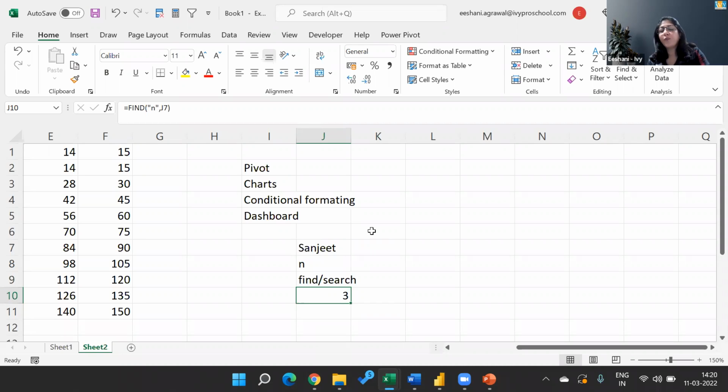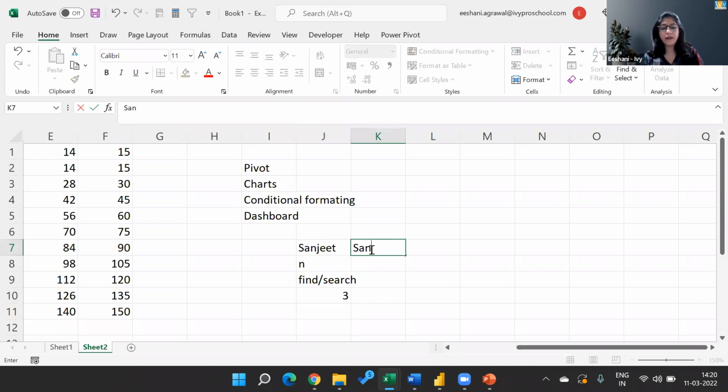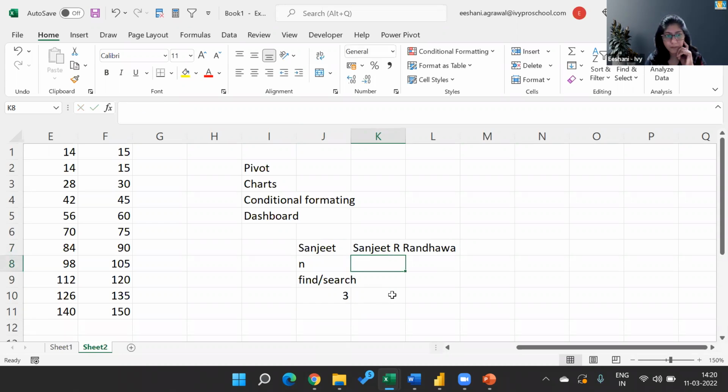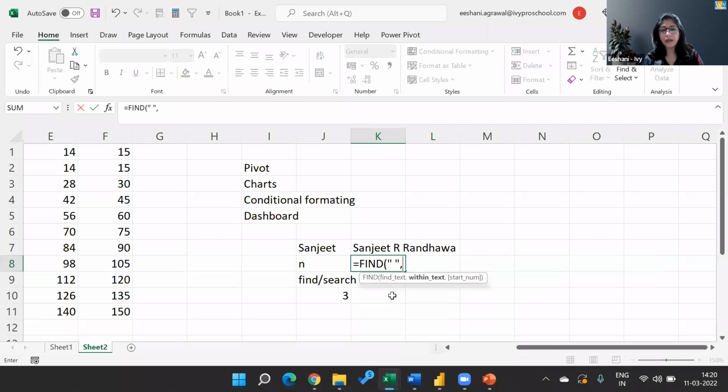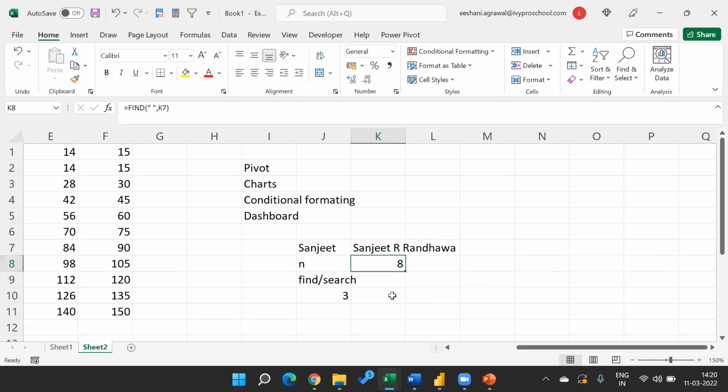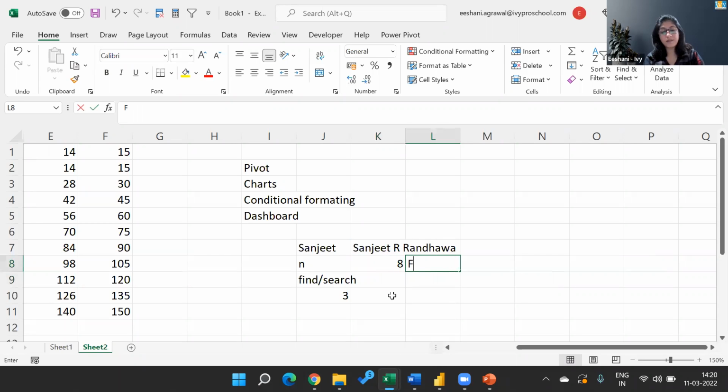Now, where does start number become important? For example, let's say I'm looking for a space in a name with a middle name. When I ask find to go look for the space in this cell, it will give me 8. Now, if I want to look for the second space, can I find it? No. Why? Because